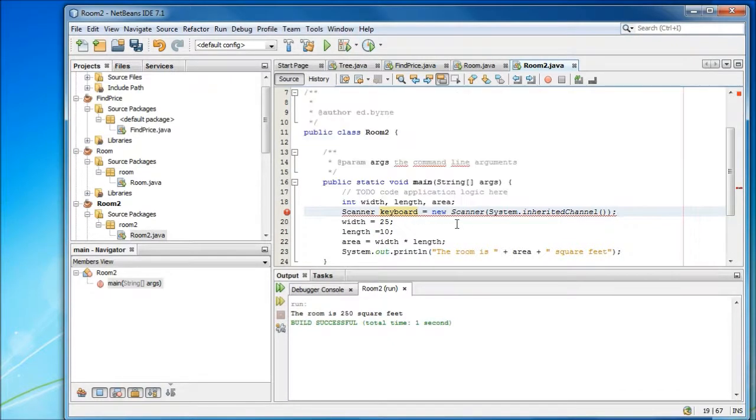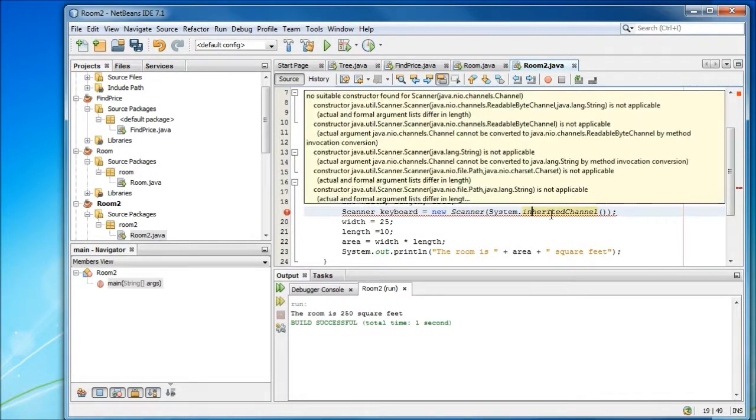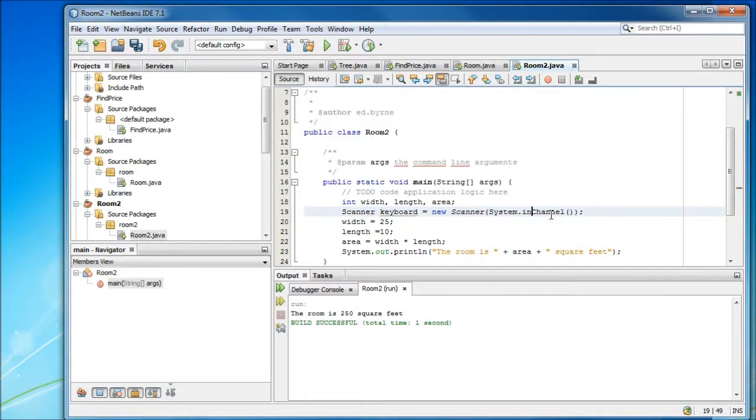Scanner keyboard equals new Scanner(System.in). I ended up putting more stuff than we needed to. Okay, there we go. All this is going to do is let us take input from our keyboard, and then hopefully we'll be able to use that input